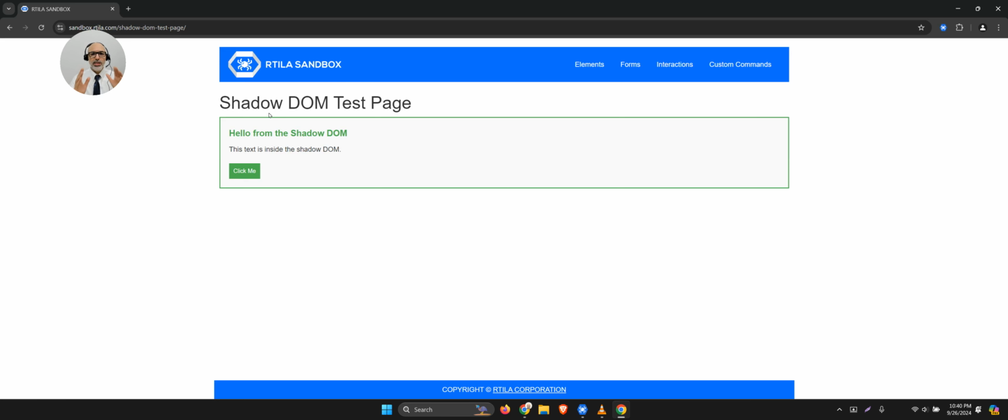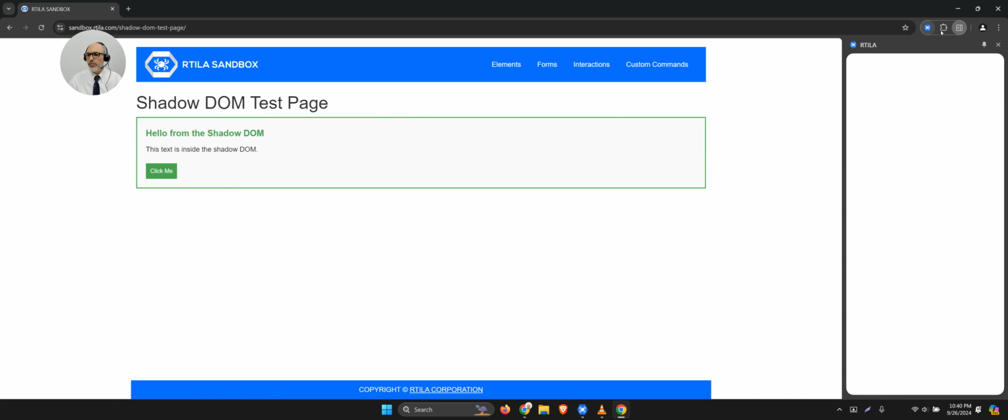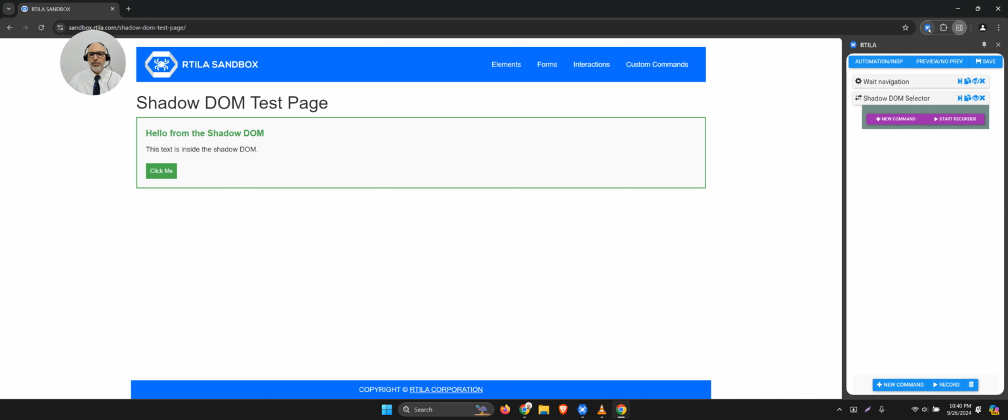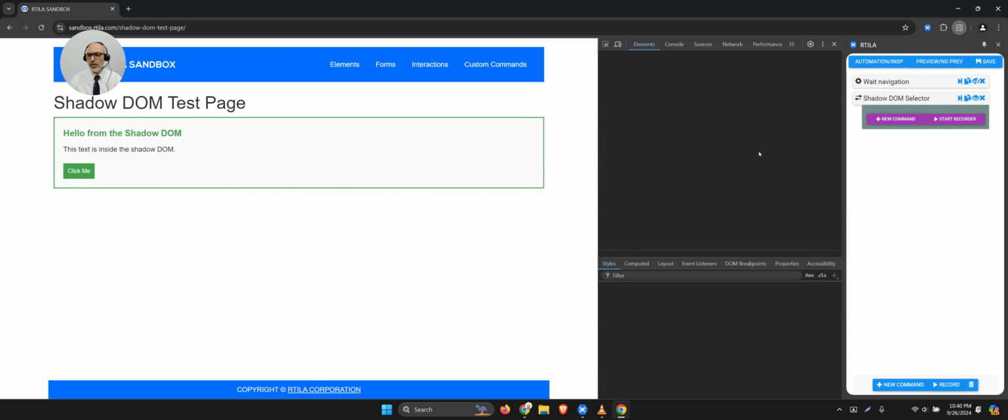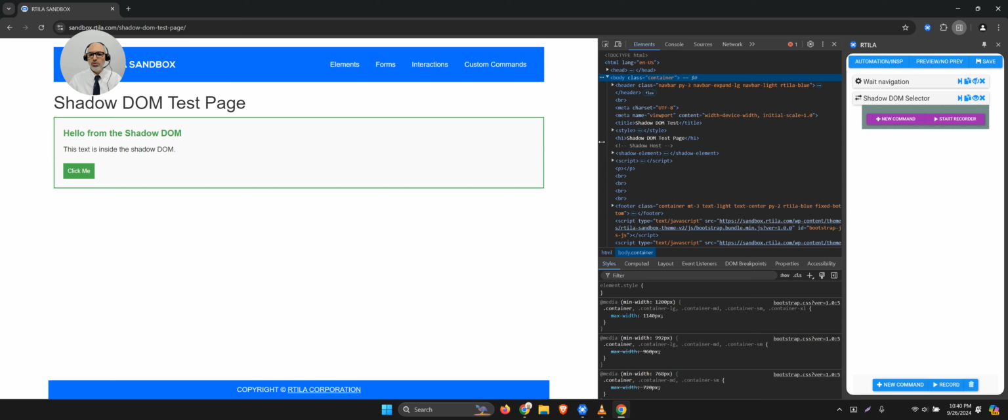And as you can see, I have kept my video in ultra wide screen because I want to show you a few things and it takes a lot of width. So the first thing I'm going to do is open up the Artila panel right here, which is now inside the browser. And then I'm going to right click in the page, click inspect, and open the inspector and show you exactly